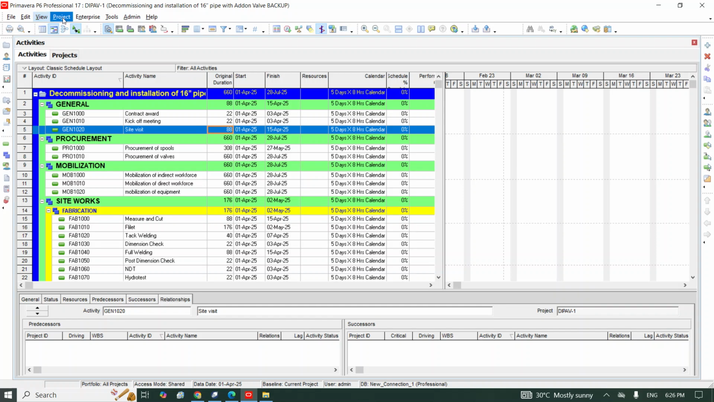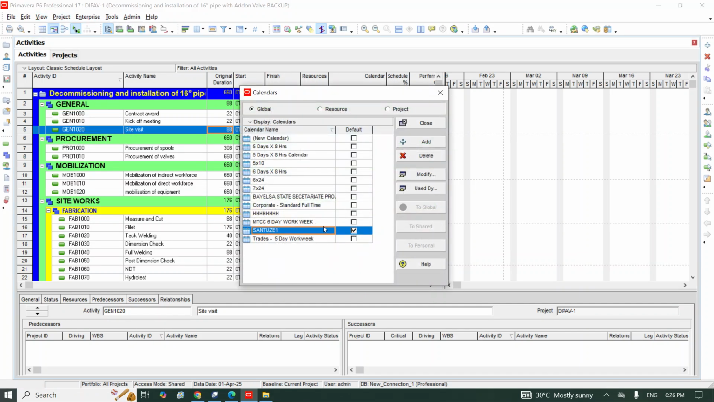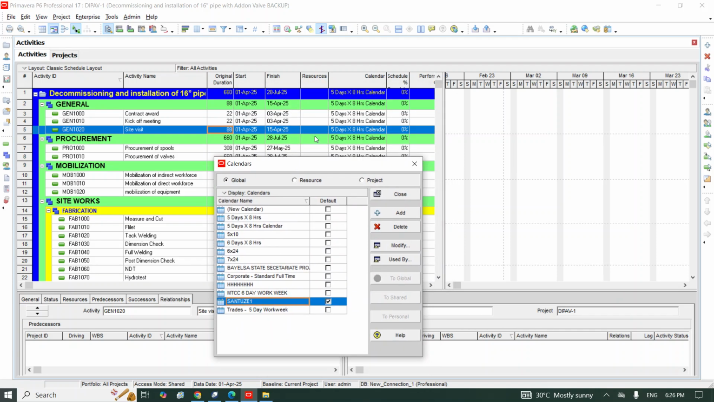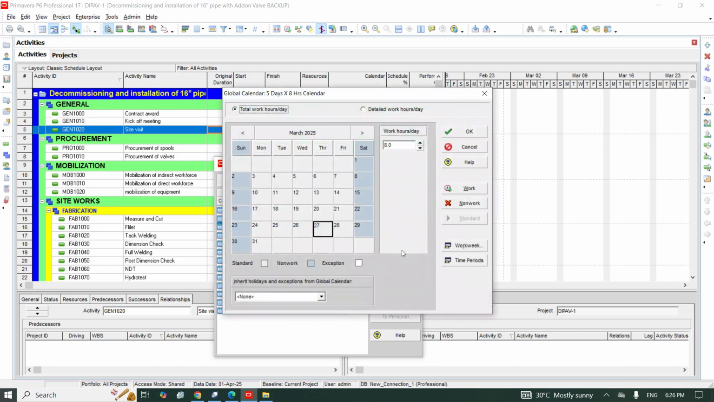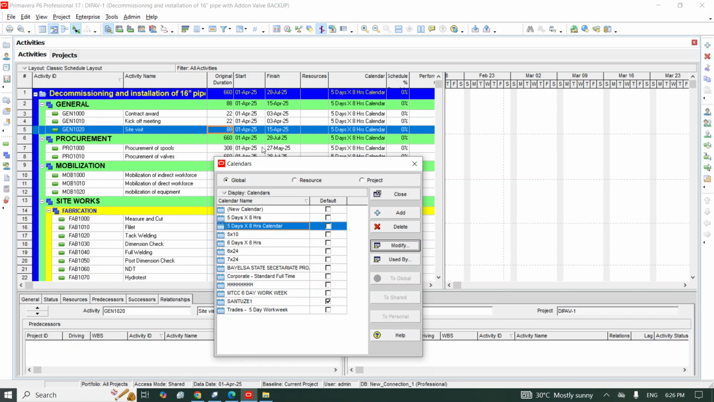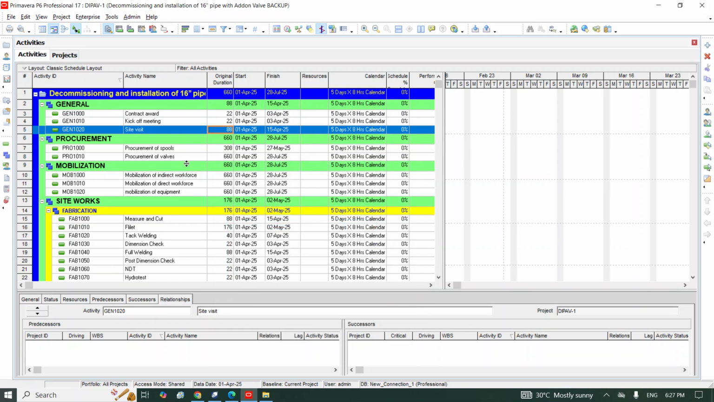We can click on project, we can click on enterprise, click on calendar. Let's check this calendar we are using. 5 days calendar, click on modify. Okay, that's okay. All right, this is just pretty hard to change hours